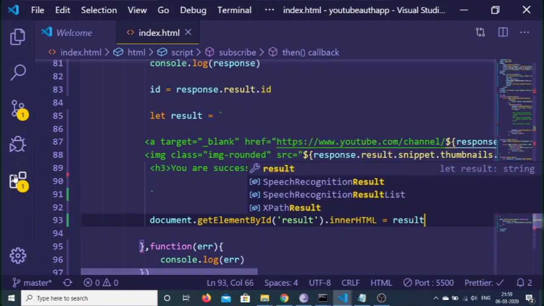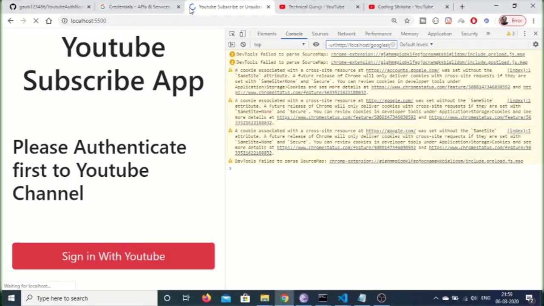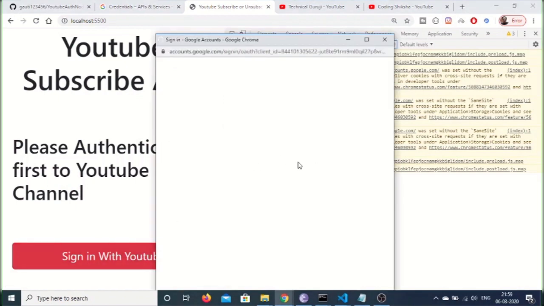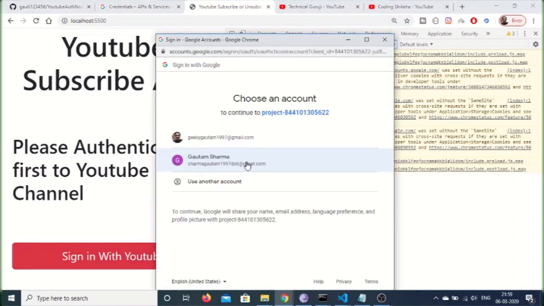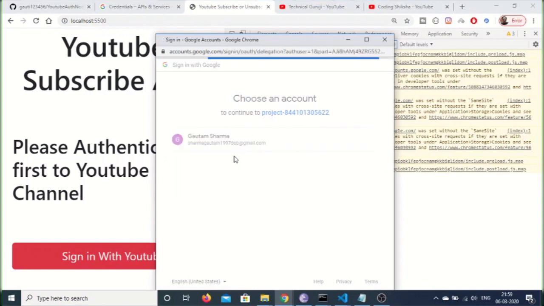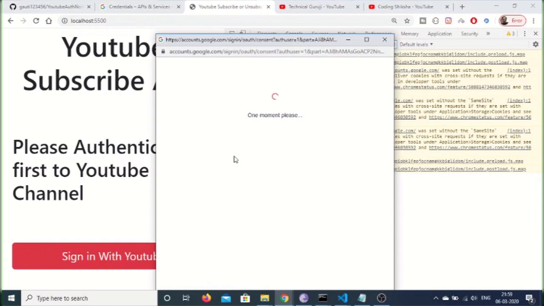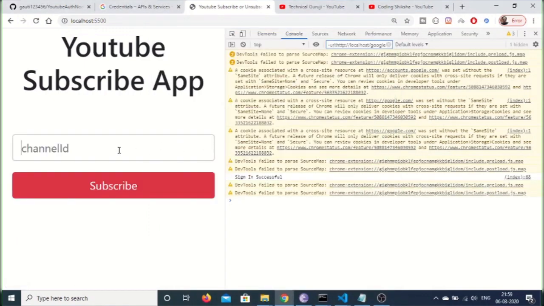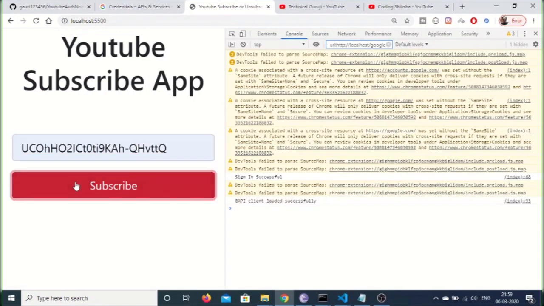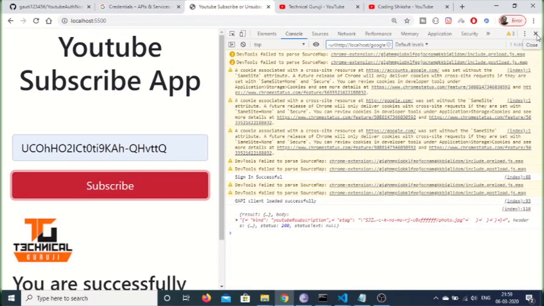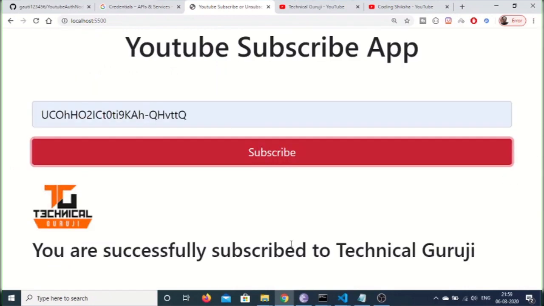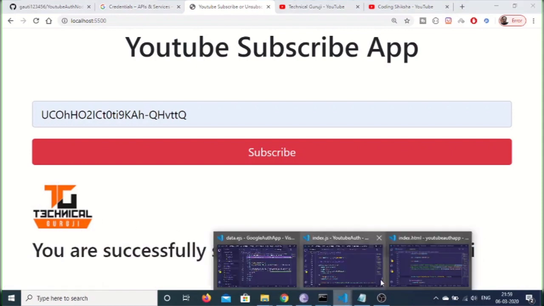result.innerHTML will be equal to result like this. That's it. And now if I check the application once again, if I click on the sign in with YouTube, and here we need to select the account. If I select this account once again, and now we need to have the channel ID, click on subscribe. So you will see that you are successfully subscribed to Technical Guruji. So now we are successfully rendering out this confirmation message,